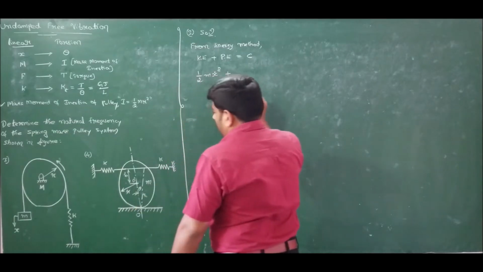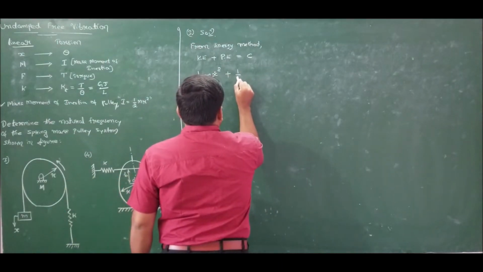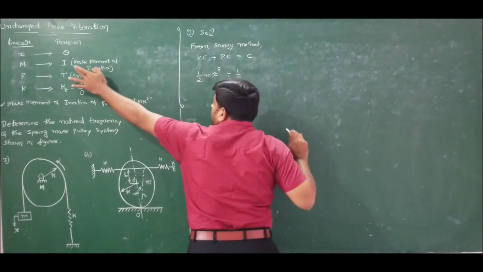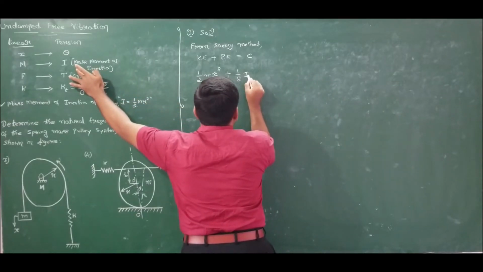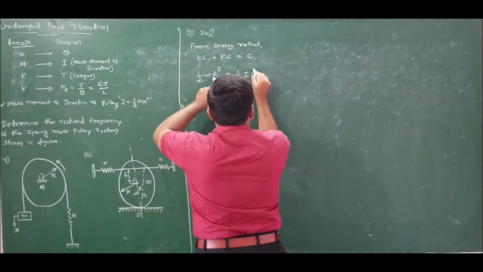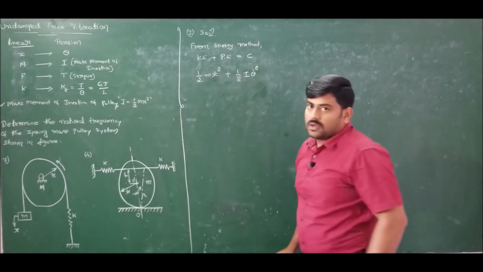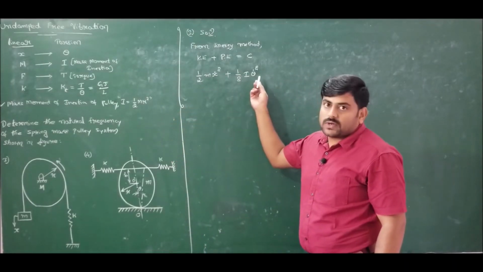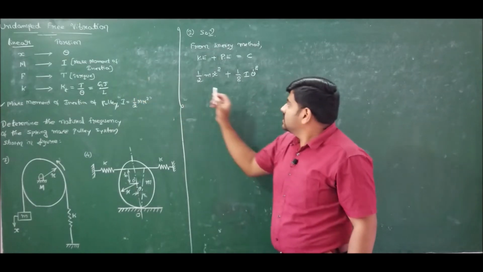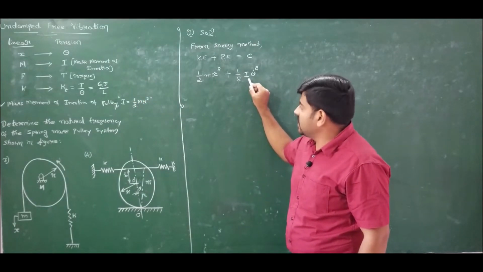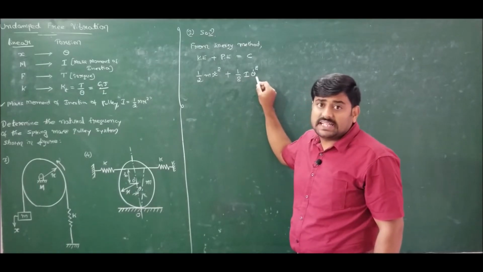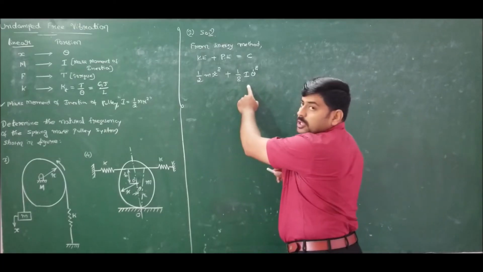So therefore for the pulley, the kinetic energy will be half mv square. Instead of mass I should use the mass moment of inertia, hence it is half I. Instead of velocity x dot I should use theta dot, half I theta dot square. Hope you understood. This is also half mv square. We are using the equivalent torsional representations. So instead of mass I should use mass moment of inertia, instead of linear velocity x dot I should use torsional velocity theta dot. So this is for the pulley.